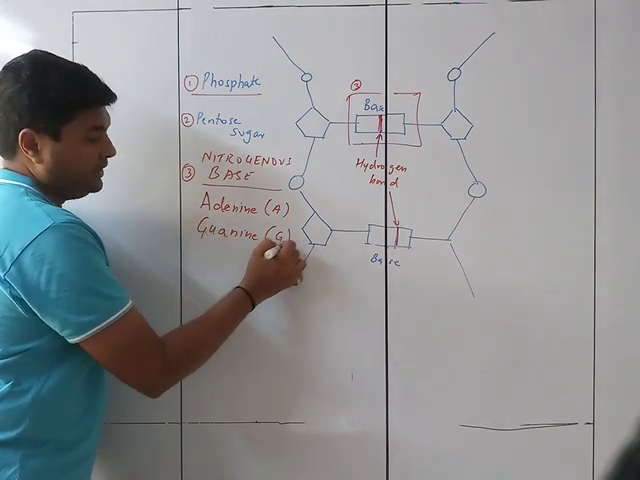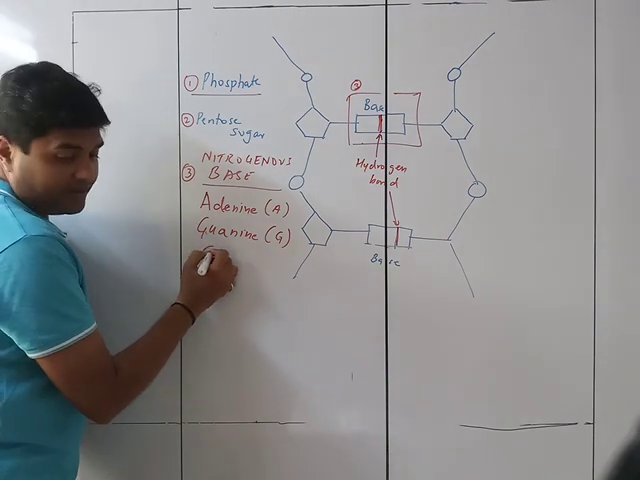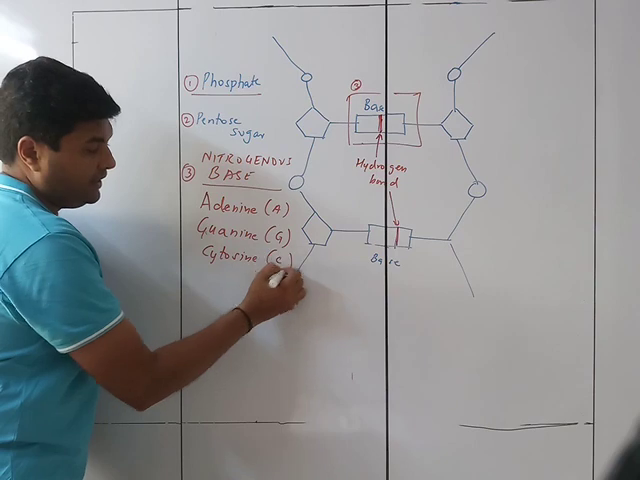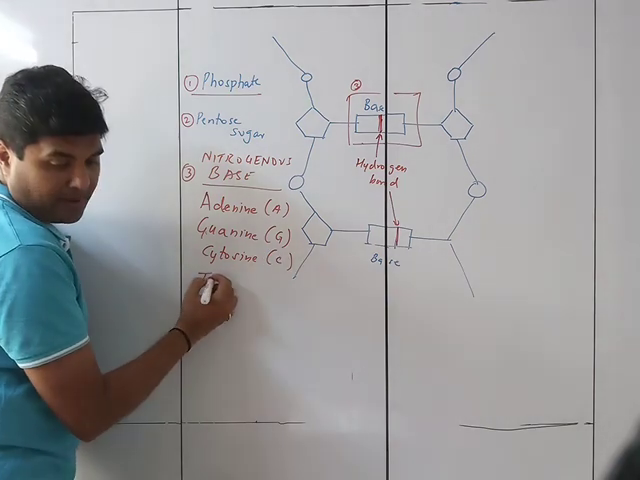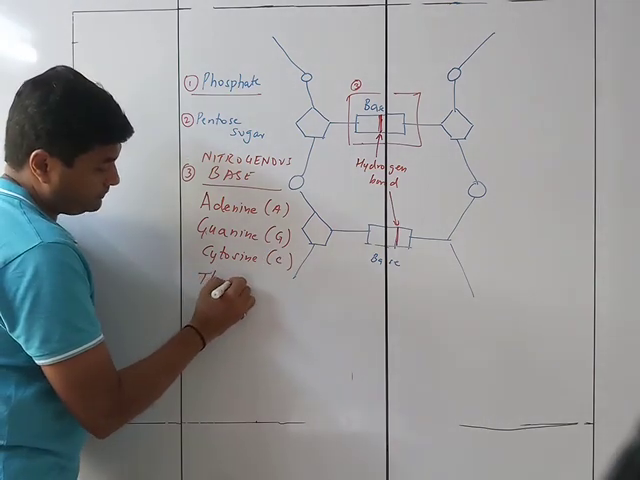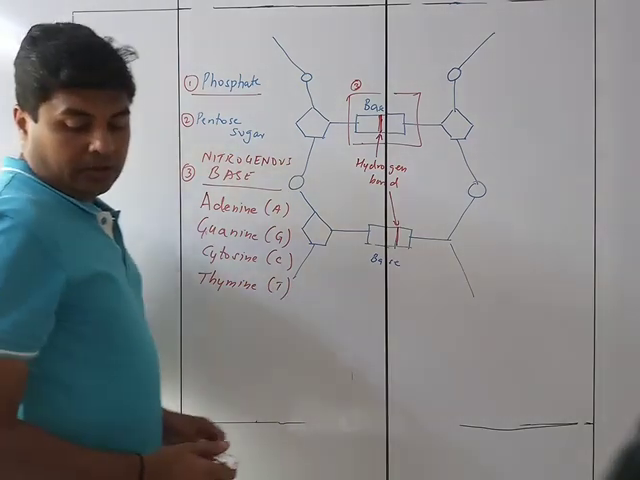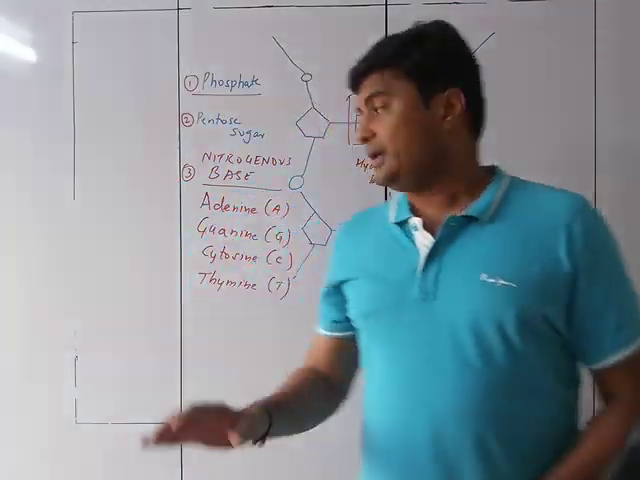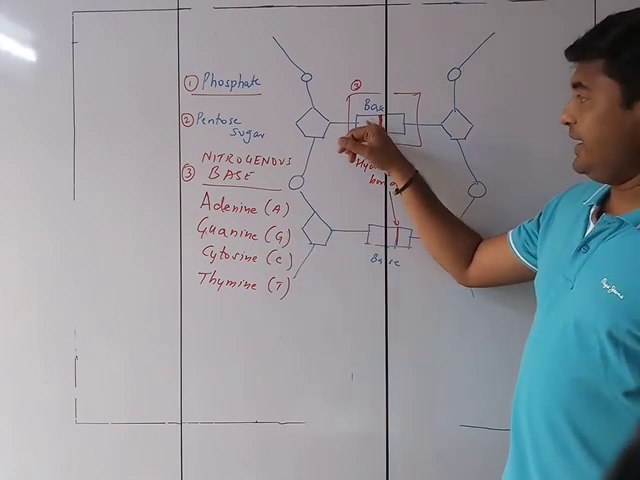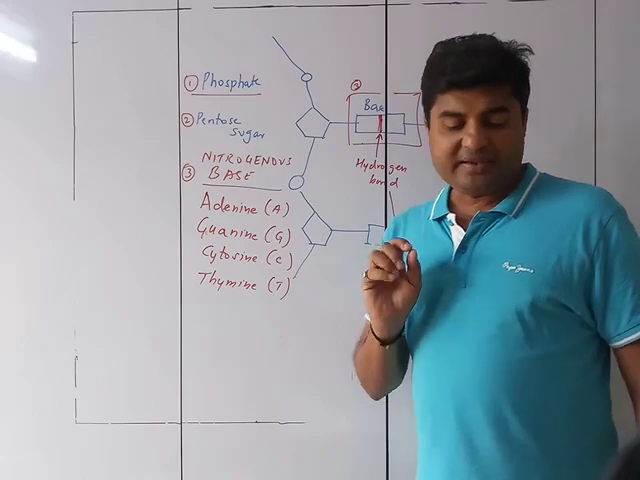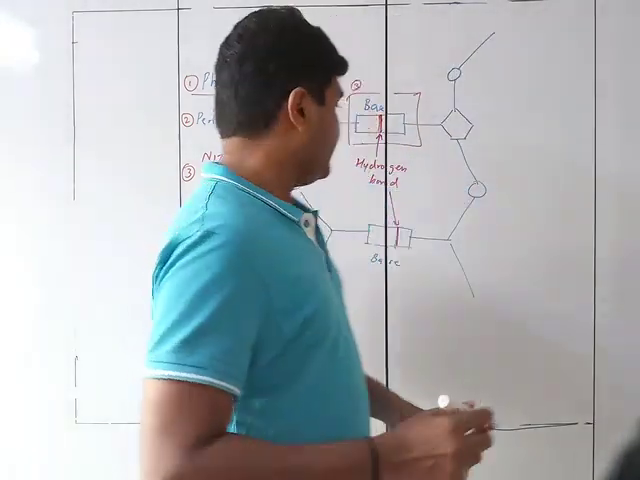This is G. The next is cytosine, which is C, and lastly is thymine, which is T. So the 4 nitrogenous bases, that is A, G, C and T, it will be seen over here that always